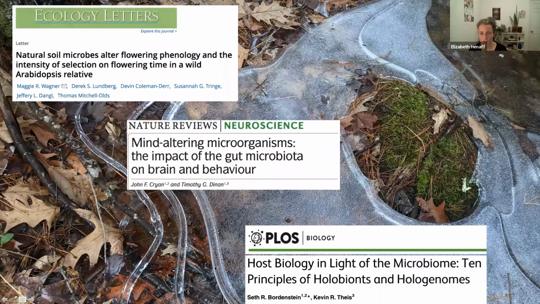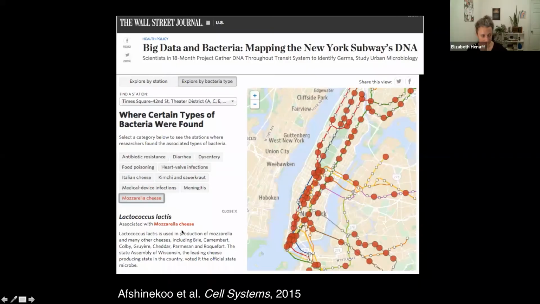And so to start teasing that out, on one hand, we need to make maps. So just to understand what microorganisms are present in their environment. And so this is a project that we worked on a handful of years ago now, characterizing the microorganisms of the New York City subway. And so if any of y'all were in New York in 2015, you can go in and view this interactive visualization and see what kind of microorganisms you're interacting with as you're taking the subway.